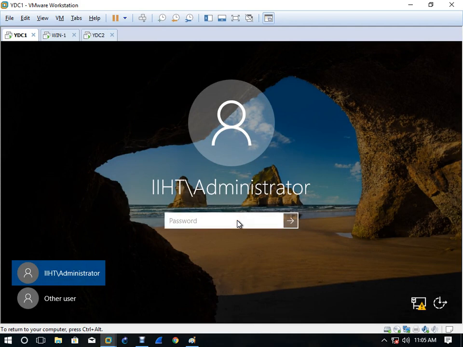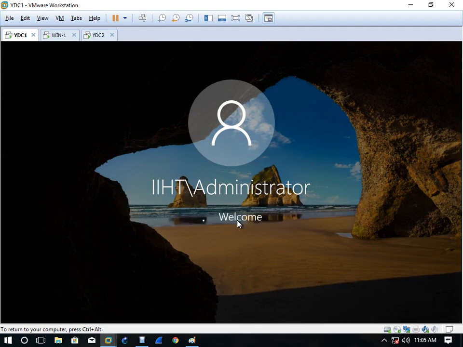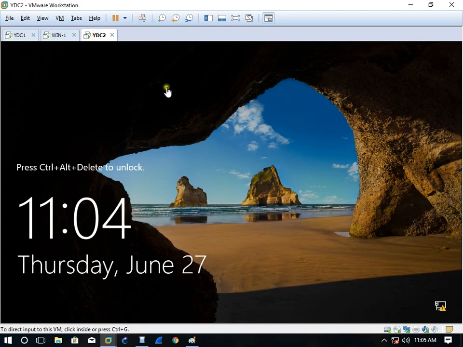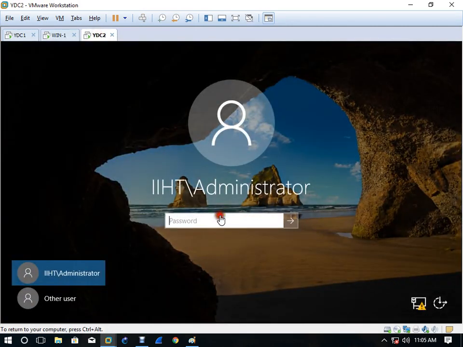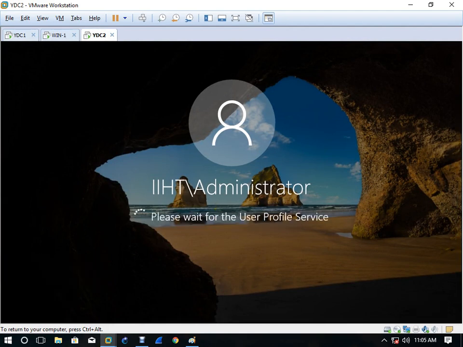Okay, login now. So here also now we can log in. So after restarting, you have to log in on both servers, the main server and the branch server.